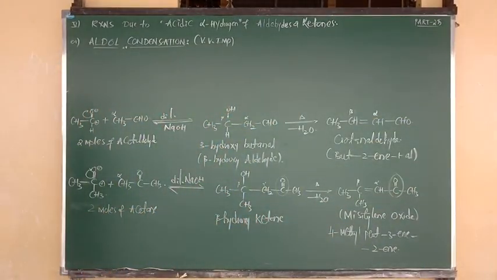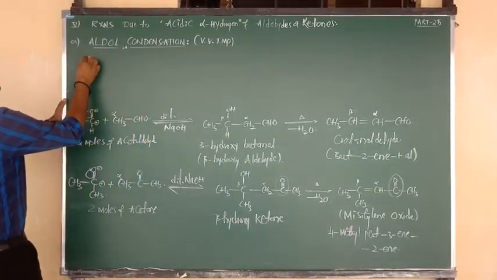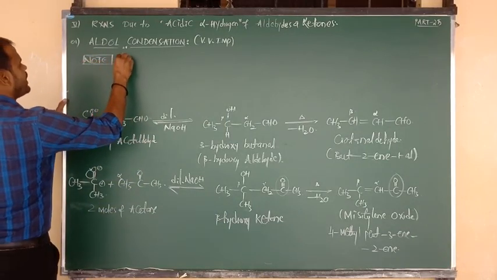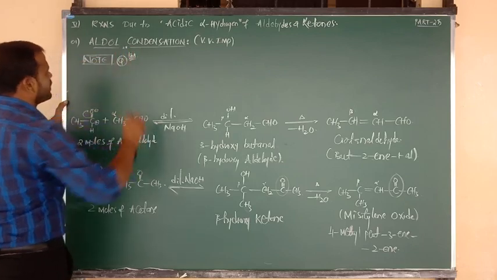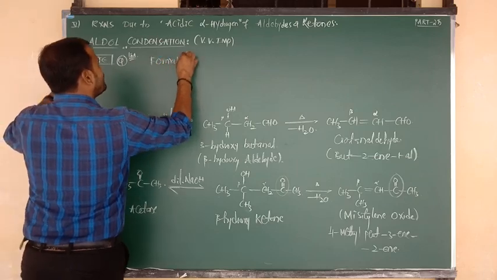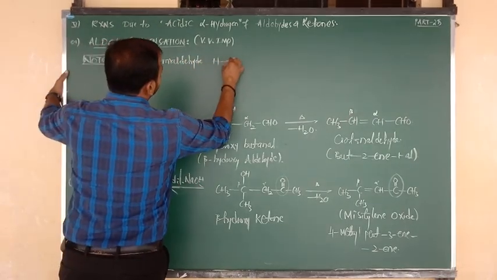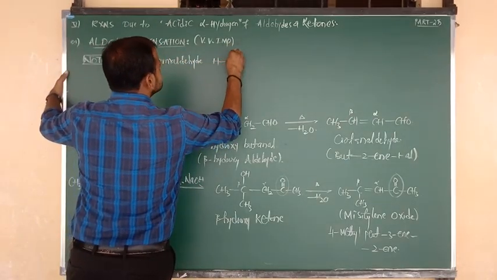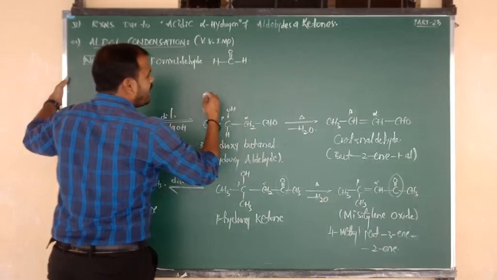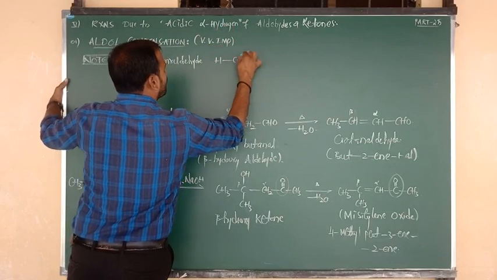So now I am going to show you the reaction. Directly I am going to give you this point in the form of a note point, but this is a very important question for 1 mark. So the compound is formaldehyde. Yes, you know the formulas very well. What is the formula of formaldehyde? H bonded to C double bond O, C double bond O bonded to H. Otherwise, shortly we can say H bonded to CHO.